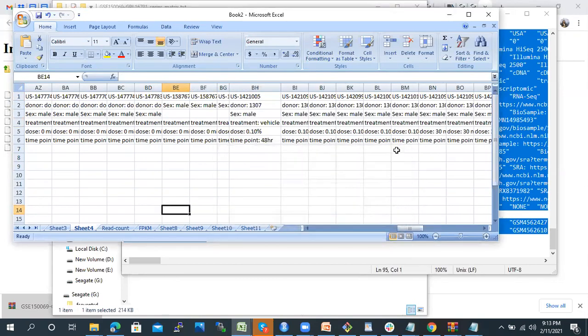So right now, I'm not going to go through it exactly, but you can address this question, like treated versus untreated, or at different time points or different doses. From this data, you can make different questions, right? Is it clear to you?